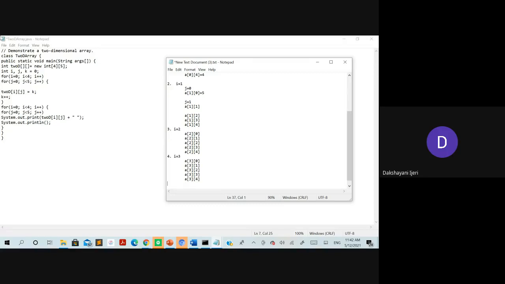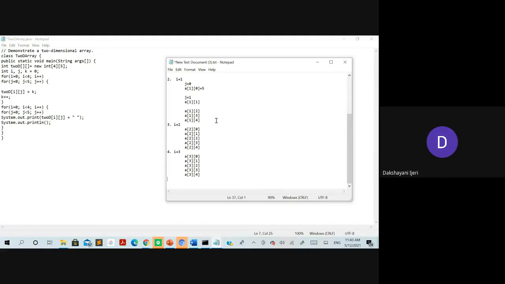Okay, so now tell me, for the next iteration, here I becomes 4. So whether 4 is less than 4? No, ma'am. So now both the loops are terminated here. And you can see here from I is equal to 0 to I is equal to 3, you are able to store all the respective elements over here. And this is how this for loop is going to work.